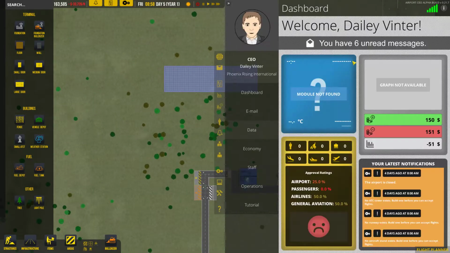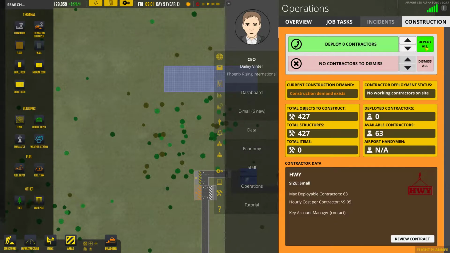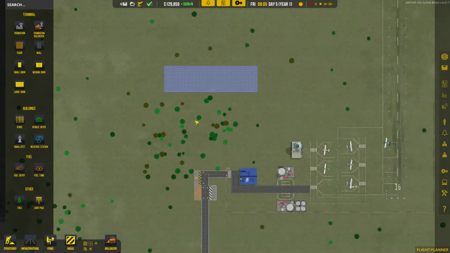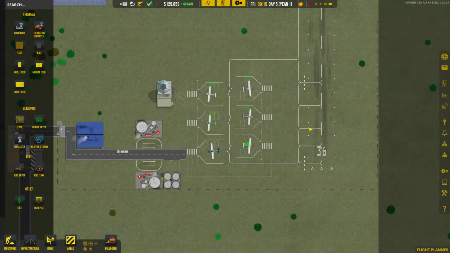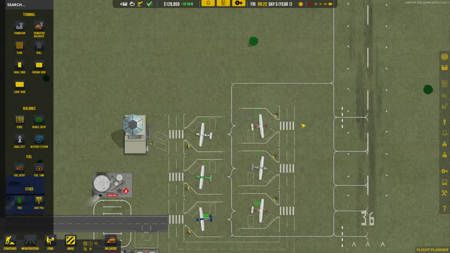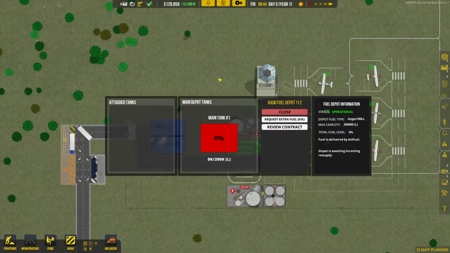We'll see. We'll pop in here to our operations, construction. I'll deploy quite a few contractors. It may bankrupt me and I'll have to kick some out, but we'll get at least 30 coming in, hopefully. And hopefully, like I said, that doesn't hurt us too badly. Got our extra fuel drop off there. I don't know why they're not fueling that depot, but...